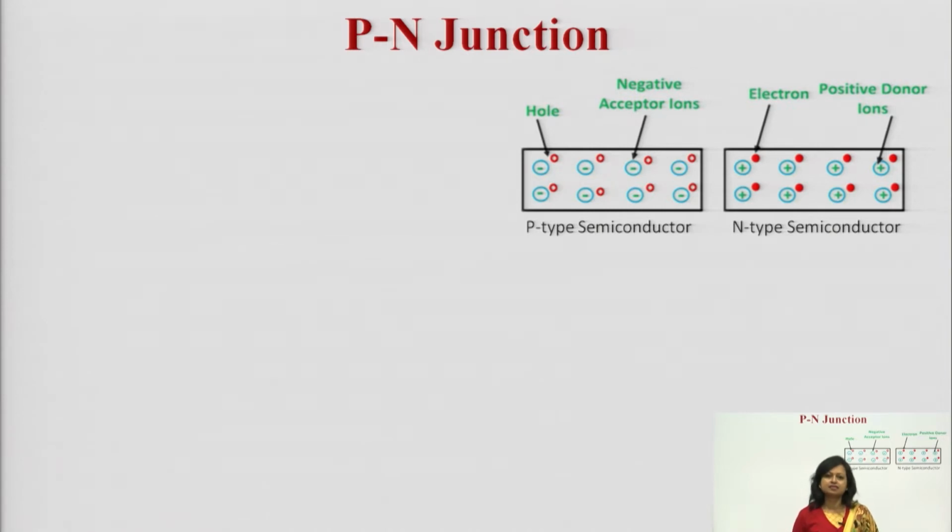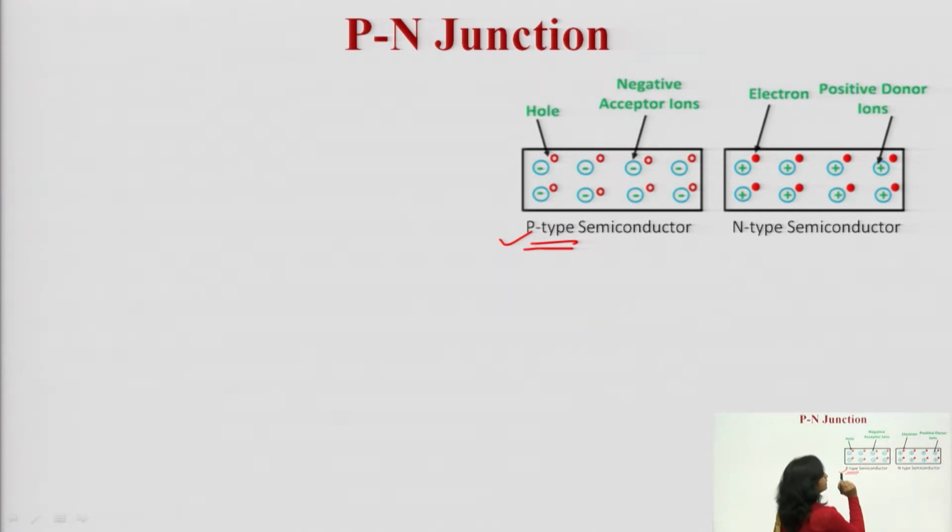In the case of extrinsic semiconductor, I have discussed that there are two types: one is the N-type semiconductor and the second is the P-type semiconductor. Depending upon which type of impurity is added, the type of semiconductor is formed. If you have a pure semiconductor and a trivalent impurity is added, then a P-type semiconductor is formed. Trivalent impurities have 3 valence electrons. So, in that case, what is going to happen?